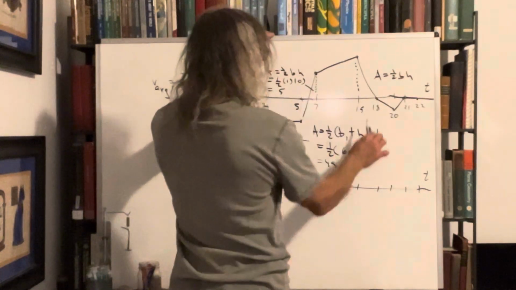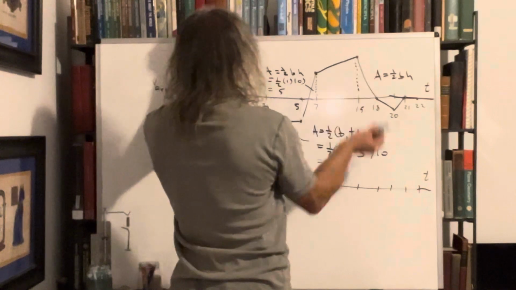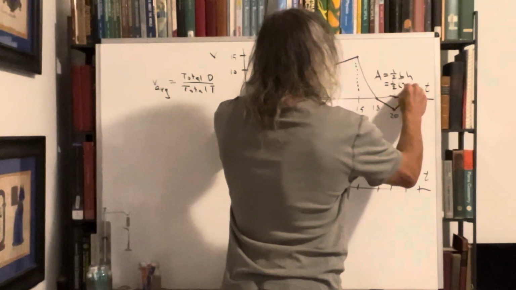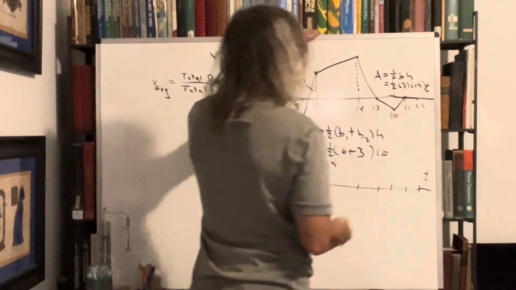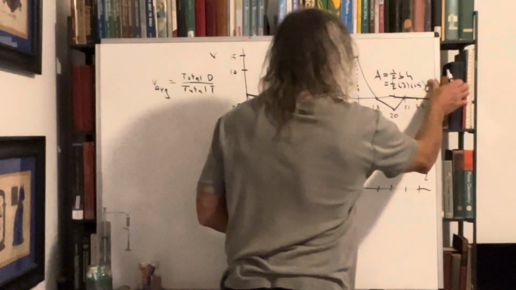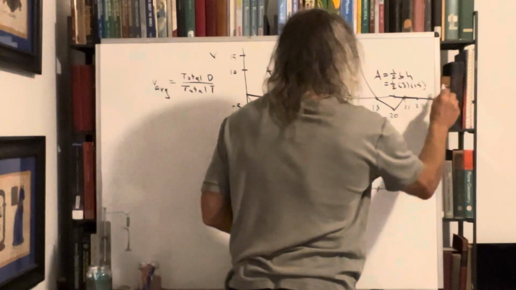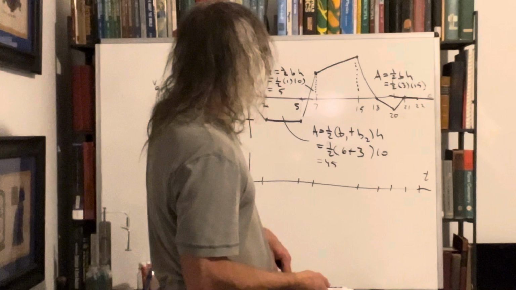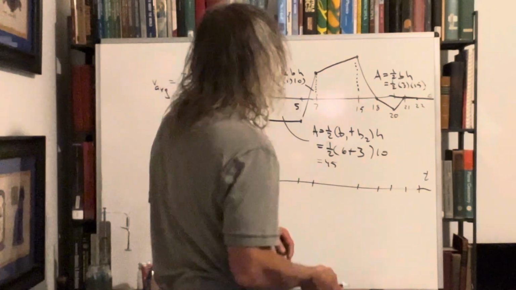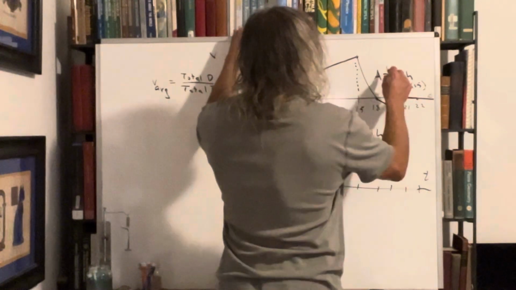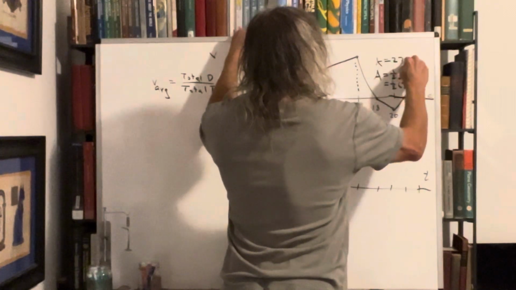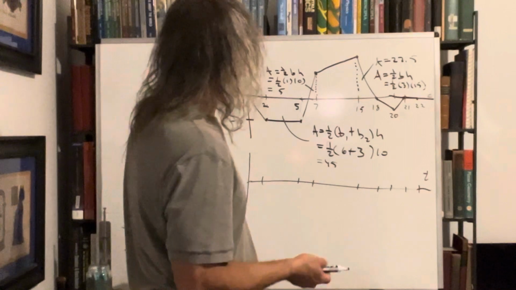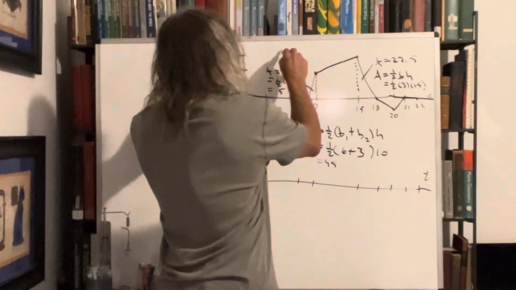This part here, 1/2 base times height, base is 3, height is 15. So 1/2 times 3 times 15. We're going to have 7.5 times 3, 22.5, unless I did my mental math wrong. Which is great. And then here, area,